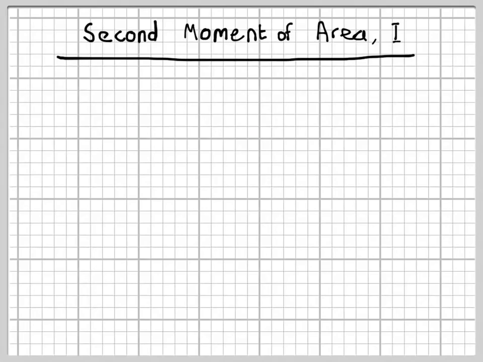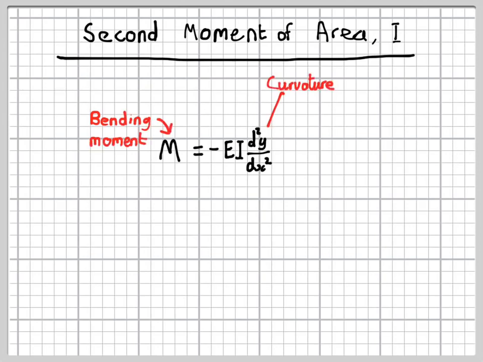In this video we're going to look at a quantity known as the second moment of area, or I, that occurs a lot in structural engineering analysis. Most commonly it occurs in the moment curvature equation, as shown there. This is an equation that links the bending moment in a beam to the curvature in the beam, or how bent the beam is. And it's used, for example, in calculating deflections of beams or buckling loads of columns, so